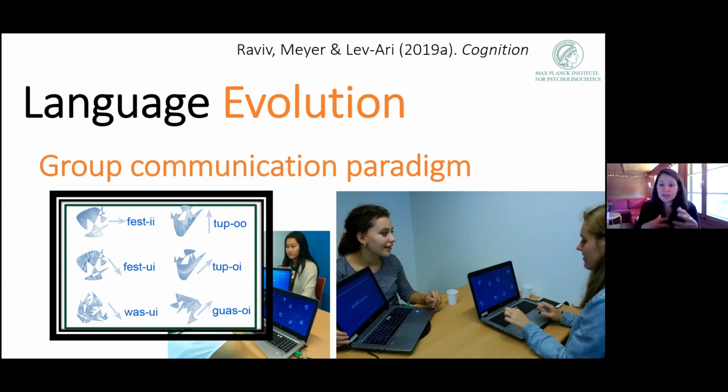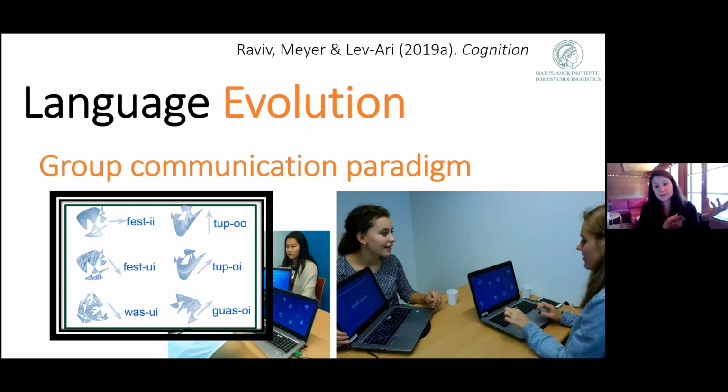Throughout the experiment, I look at these emerging languages and I look at several measures. The first thing I look at is whether people successfully understand each other. So is it the case that they actually get the points, they get it right? And that's true. The second thing I look at is whether the group ends up converging on a shared language, because you can also imagine that every participant has their own variations, and the other people just learn them and understand them rather than everybody adopting one uniform language. So I look at this convergence. I look at how much these languages change over time. So how much do people change the variants that they're using over the course of the game? And lastly, how systematic and compositional these grammars are.